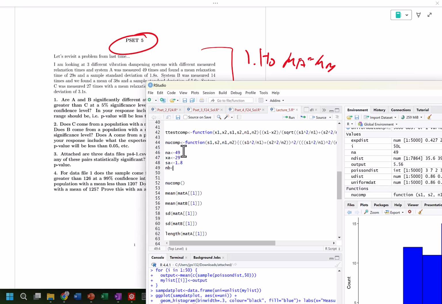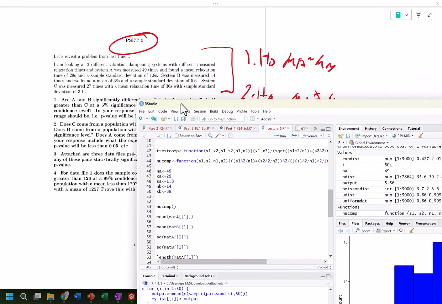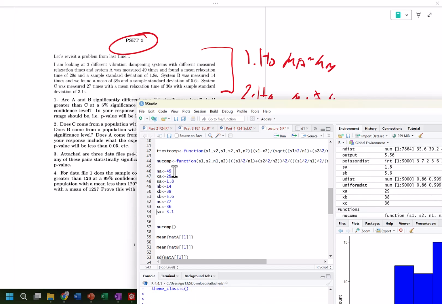NB goes to 14. XB goes to 38. SB goes to 5.6. And NC goes to 27. XC goes to 36. And finally, SC goes to 3.1. So I'm going to enter all these.